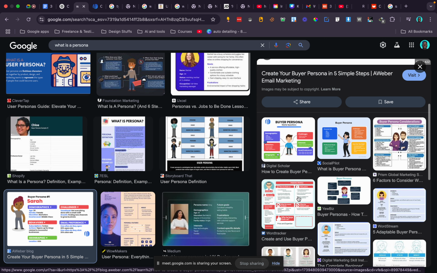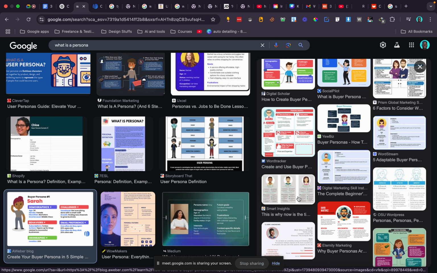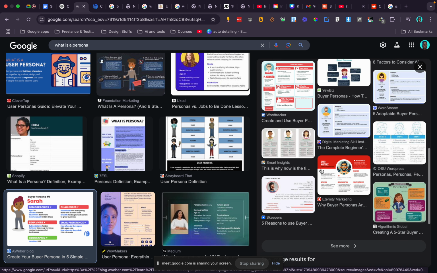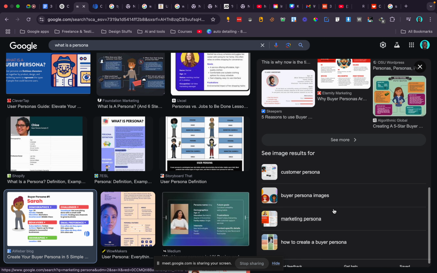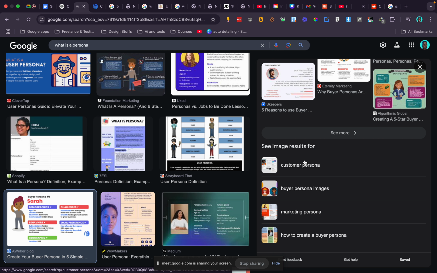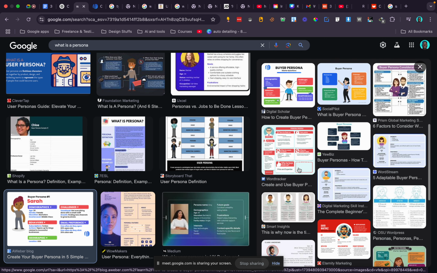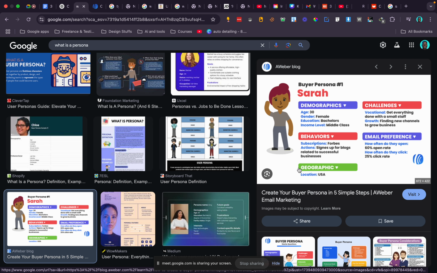So there are different types of buyer persona. There are different formats. It's not a one size fits all, but there are just some basic things that have to be included in your persona, like the age, a fictional name, what they are interested in, what their challenges are. So for a nursing mother that is your ideal customer, she might be facing challenges with a diaper or Pampers